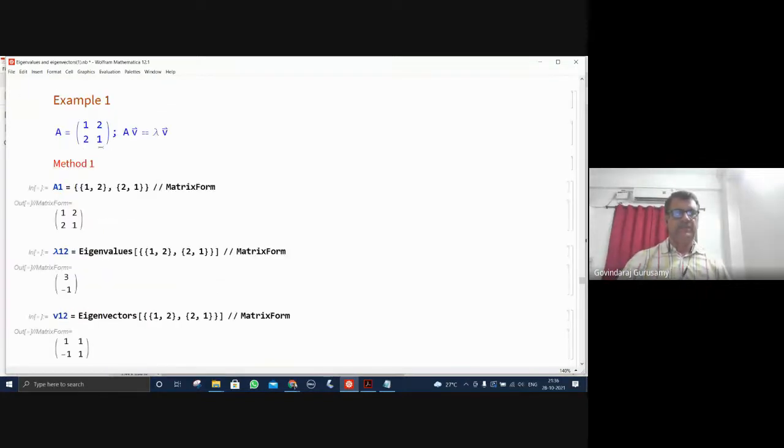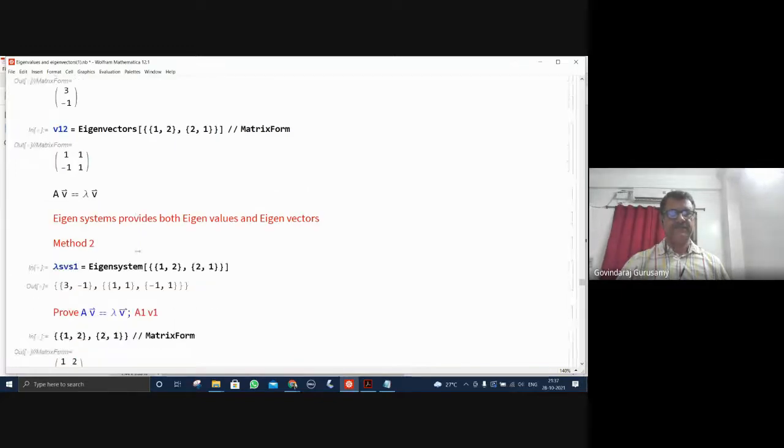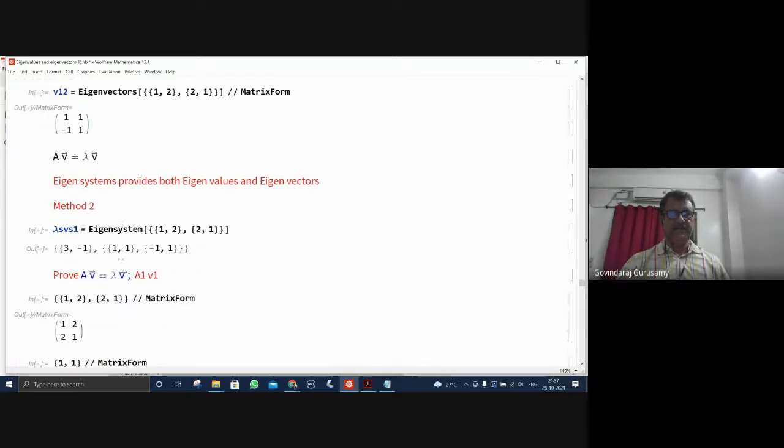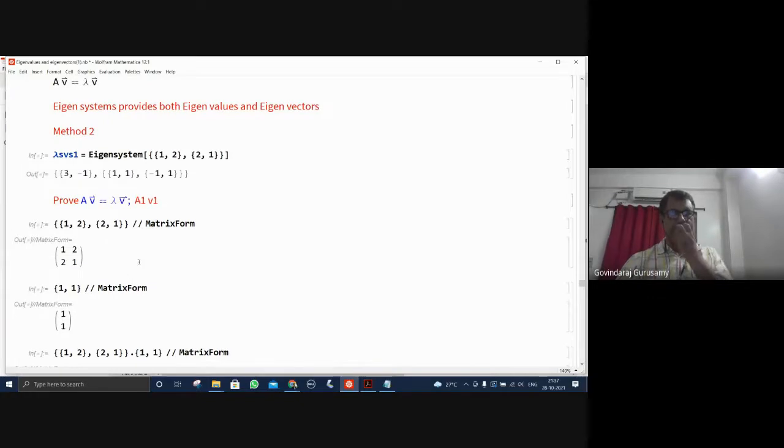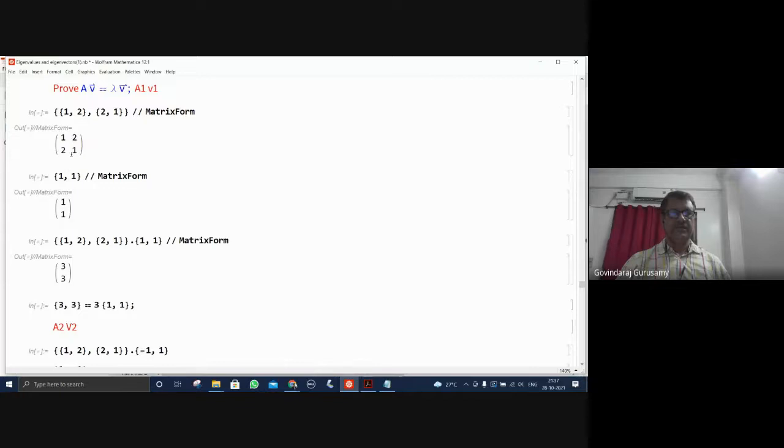Okay, so now this is a typical example, Av = λv. This is very simple because we have done enough, and there is a way to do it. Find the eigenvalues and eigenvectors directly, and then multiply and cross-check it. There is a second method: you can check it by using the eigenvectors, multiplying, and making sure that whatever eigenvalue you have found can be obtained here also.